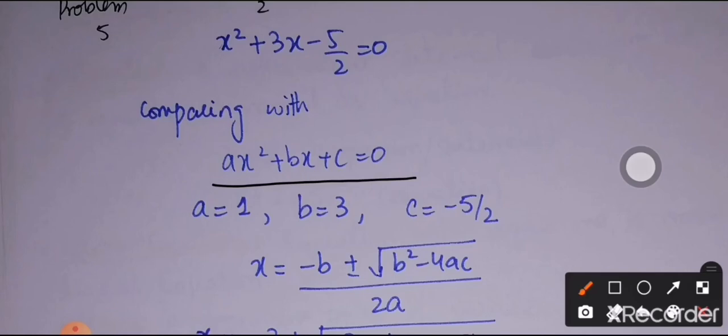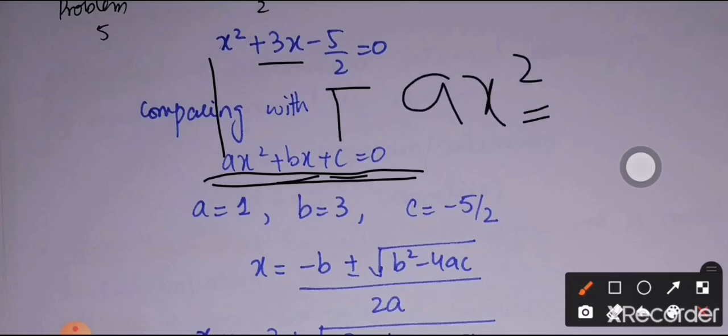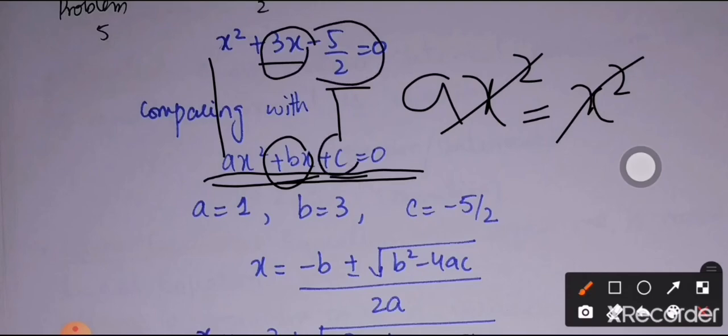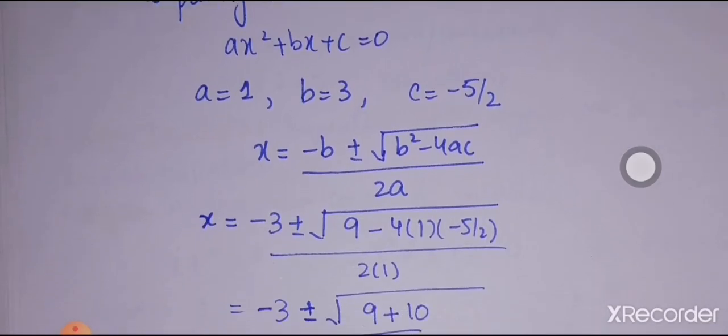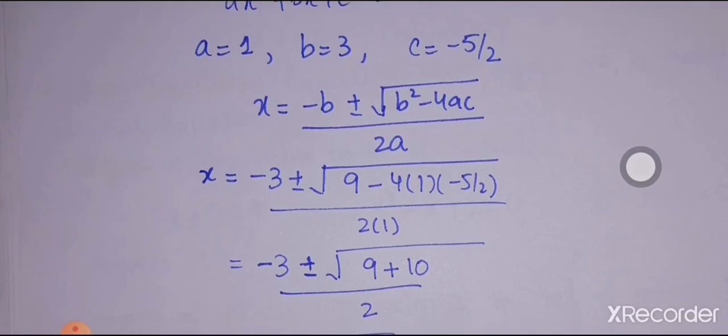Clearly, when we are going to compare, a will be equal to 1, b will be equal to 3, and c will be equal to minus 5 by 2. Here the signs are really very important, because you can see that each coefficient in this equation is positive. So when I'm going to compare it with any expression which is with a negative sign, it means we must have to take the value to be negative. So when I compare ax square with x square, clearly we can see that a will be equal to 1. Similarly, when bx is compared with 3x, b will be equal to 3 and c will be equal to minus 5 by 2. So here are the values of a, b and c that I'm going to put in quadratic formula, which is x is equal to minus b plus minus square root b square minus 4ac over 2a.